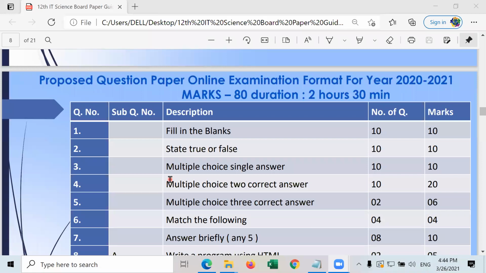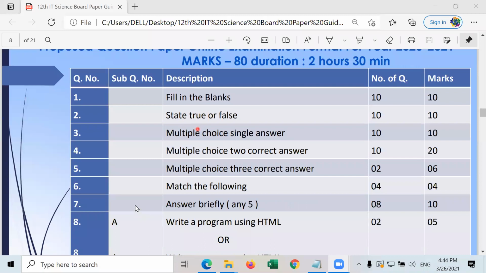Some time before, I discussed that instead of HTML, if you write HTLM, you are going to lose marks for that. So for question number 1, 7 and 8, you have to be very particular about spellings, syntax and grammar. Now, for question number 7, you will be asked 8 questions.